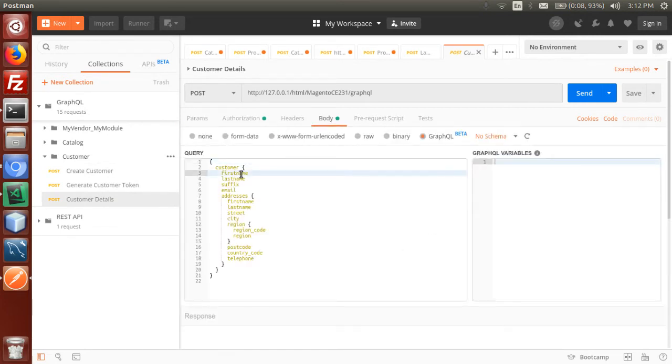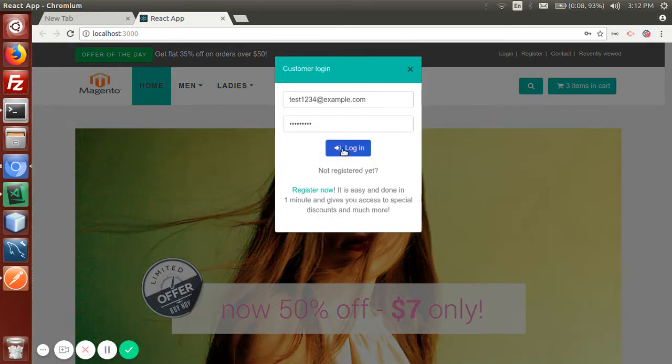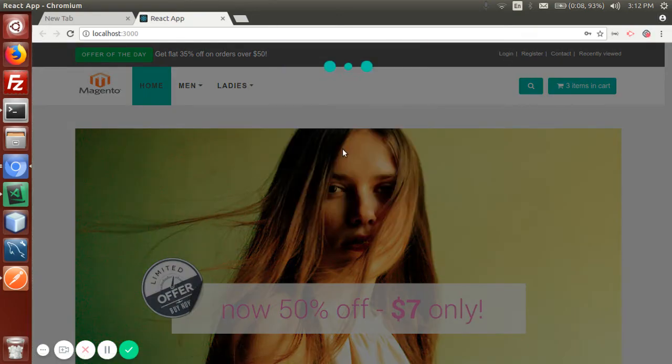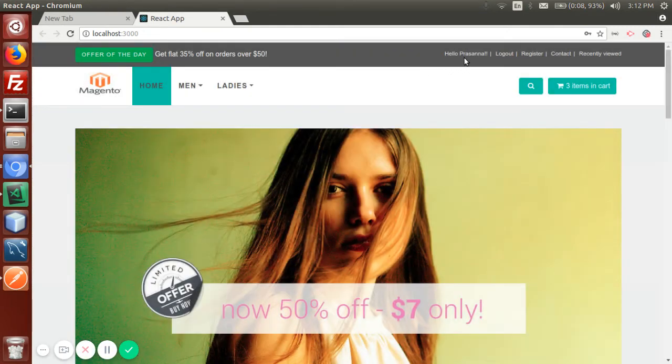I'm just using the first name. So here we can see that once we log in, this login link is converted into logout, and I'm displaying the first name. We can add an order, my account link and other things as per the requirement.